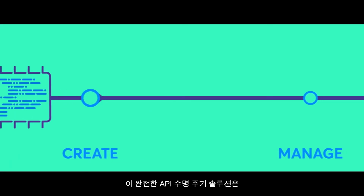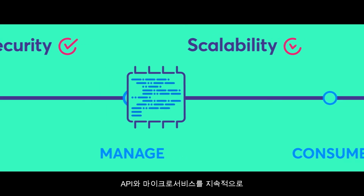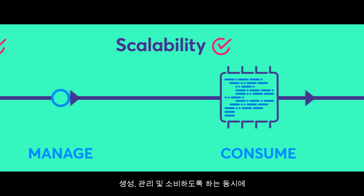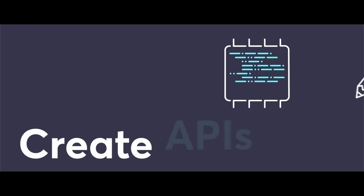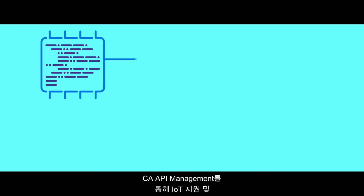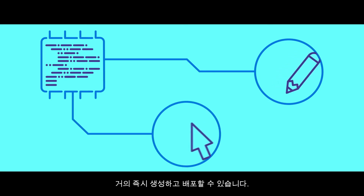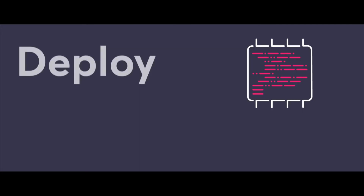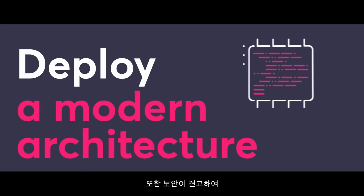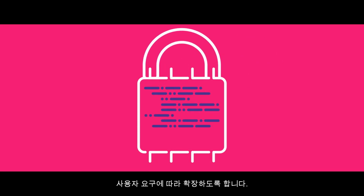It's a complete API lifecycle solution, allowing you to consistently create, manage, and consume APIs and microservices, all while improving security and scalability. CA API management lets you almost instantly create and deploy APIs and microservices that help drive Internet of Things enablement and rapid mobile development. It also adds rock-solid security to protect the data being exposed from your back-end systems and allows it to scale